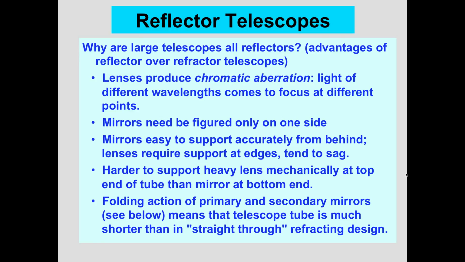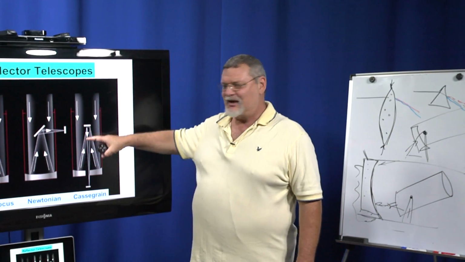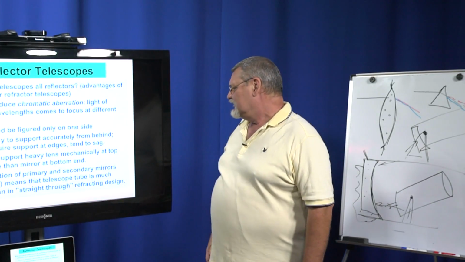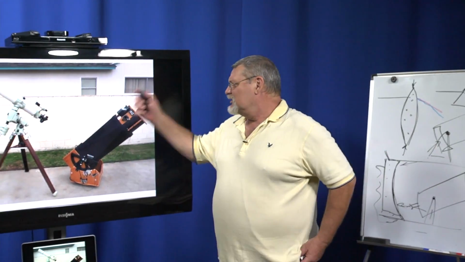And then the folding action of the primary and secondary mirrors, the fact that we can fold light back and forth, provides our magnification rather than a straight tube. So the larger the telescope becomes, the longer it becomes if we want magnification, and it just becomes much more cumbersome and much more difficult. Whereas you saw when we can fold the light in the Cassegrain and the Newtonian, we could build very large telescopes, but they're not very long because we're folding the light and still getting a lot of magnification. So sounds like a great test question. We'll go from there.